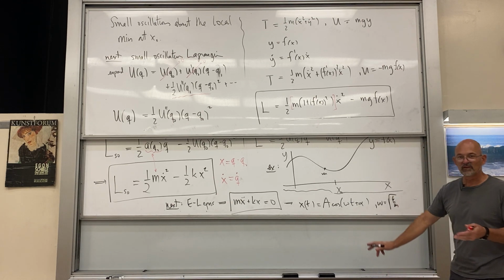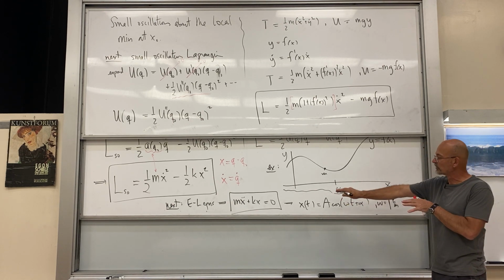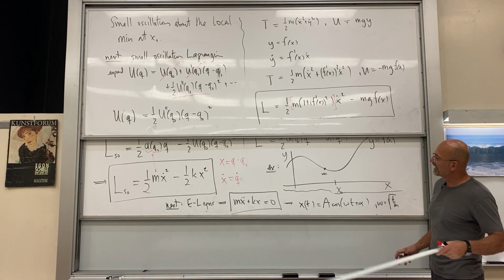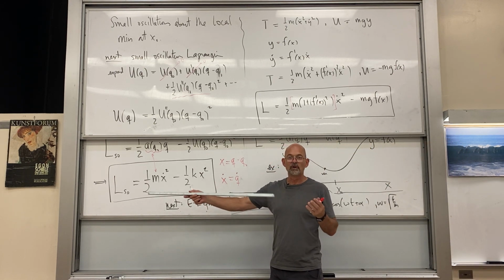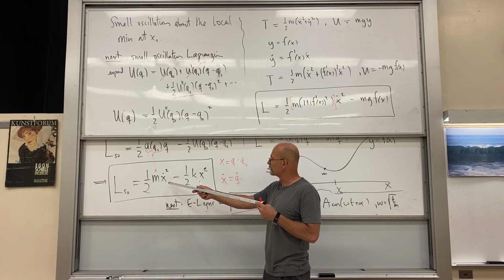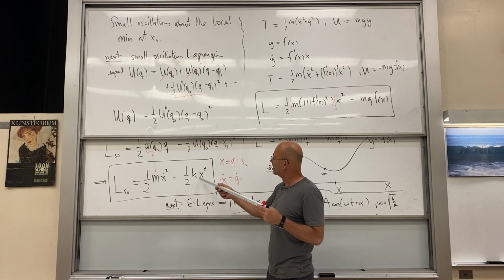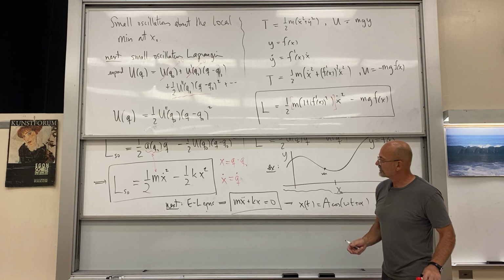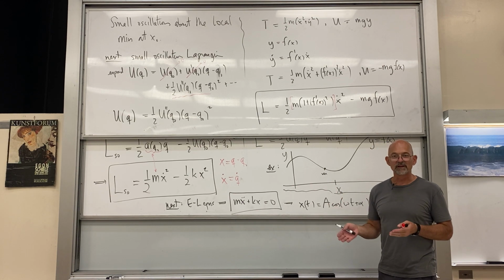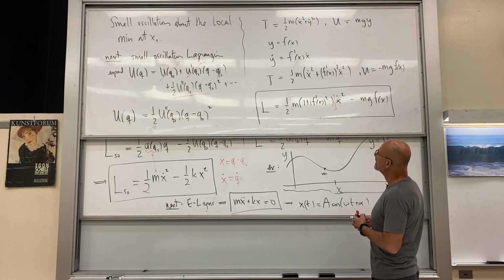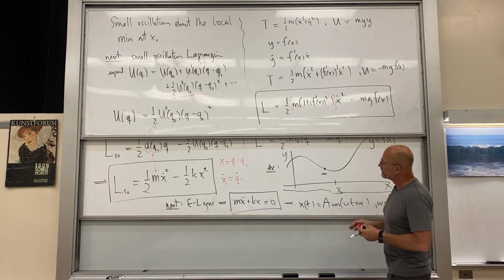Okay, that's everything we inherited from last semester when we studied this. So really, once you see this form, you know what's going on. Once you see this form, kinetic minus potential, that's the small oscillations around a local equilibrium. Good. So now what we have to do